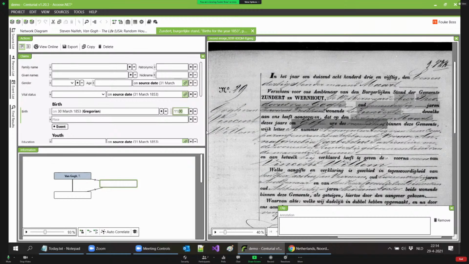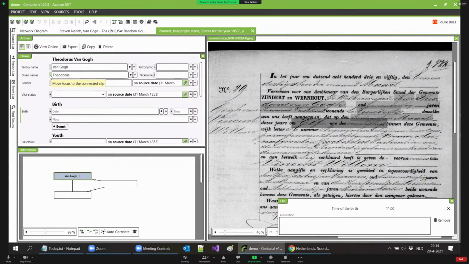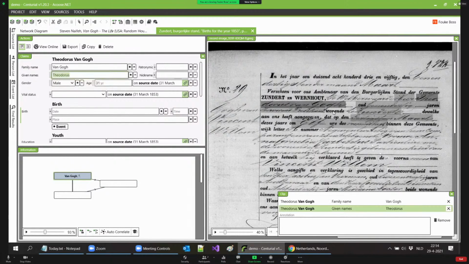Frank wants to know, can the shading that you're doing on the image be color coded, so I could, for instance, use different colors for different people? Oh, that's actually an interesting thought. No, at the moment it can't, but different colors for different people might be interesting. The interesting thing is you can click the other way around. So if you think, okay, where was it that his given names were, then you click and it selects on the right side. So you can quickly see where each piece of information was found.